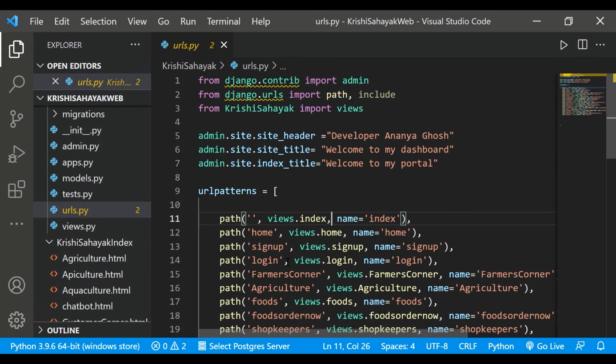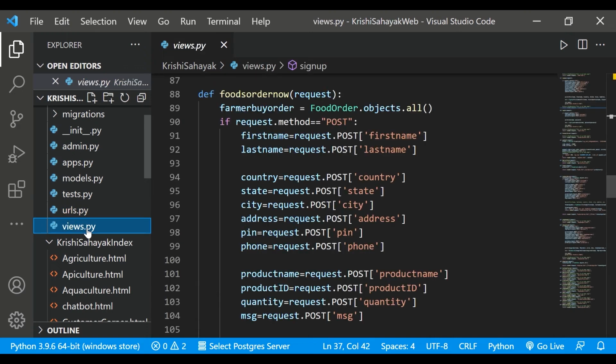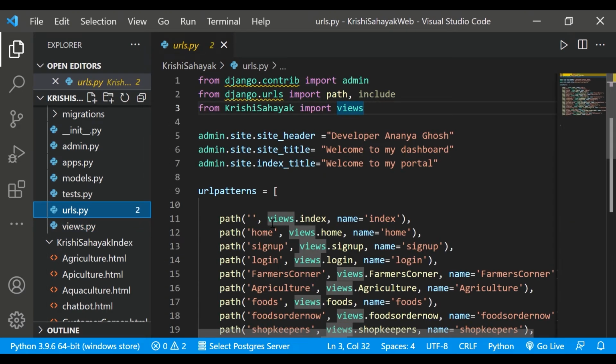So for this page I have to include this: from Krishi Sahayak, the app folder, import views. So from Krishi Sahayak I am importing the views.py, and then I'm calling the functions.